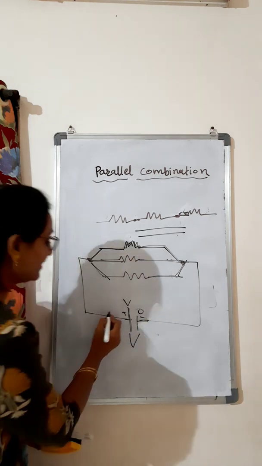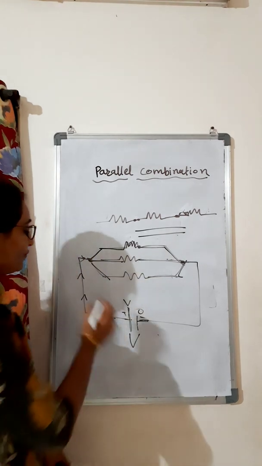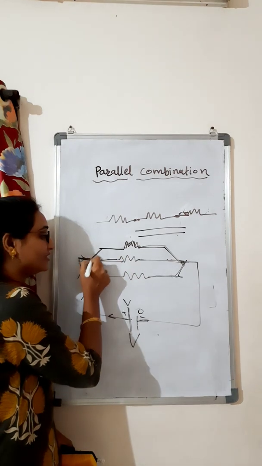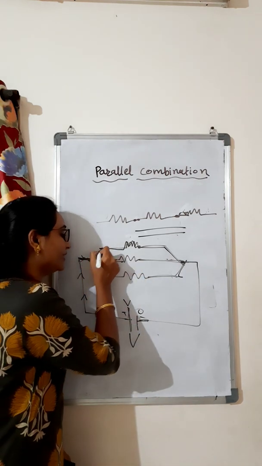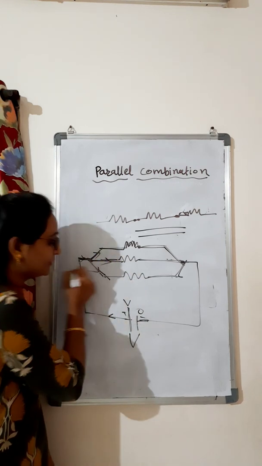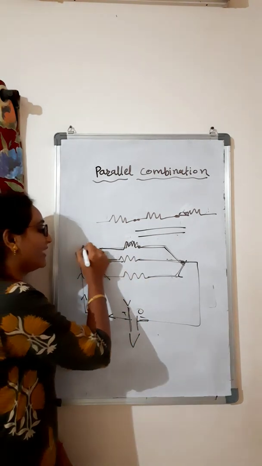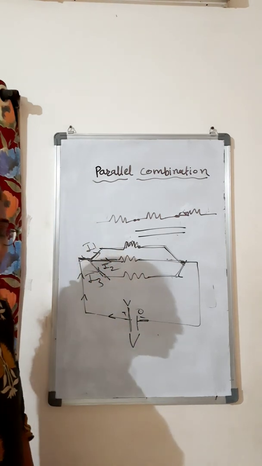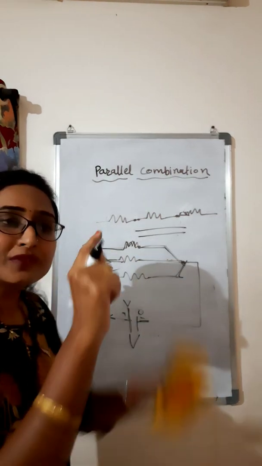Now you see, when the current starts flowing through this circuit, the current gets three ways to go if there are three resistors. The current can go in this way, this way, and this way. Means the current will go in all three ways. Suppose here the I1 current is going, here the I2 current is going, and here the I3 current is going. Now if you see, the potential difference we always calculate at the ends of the conductor.